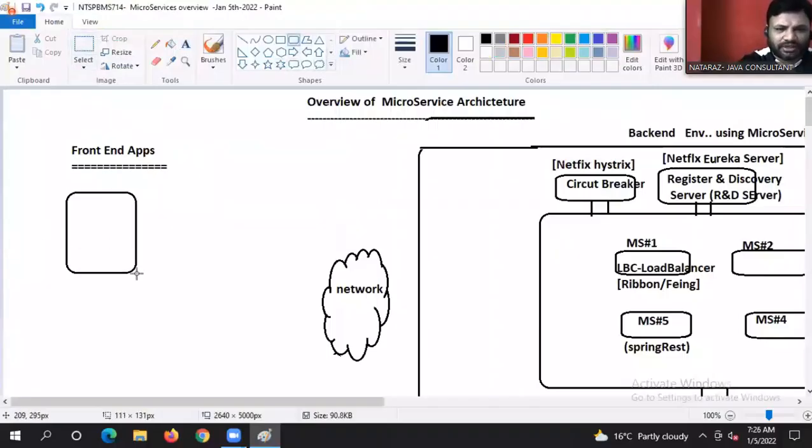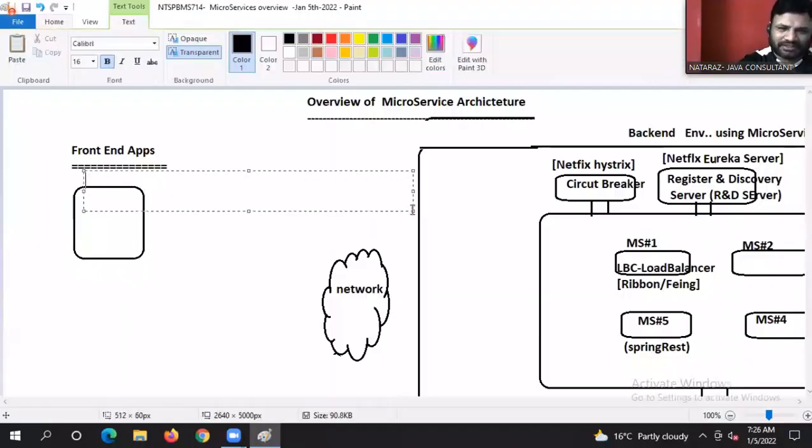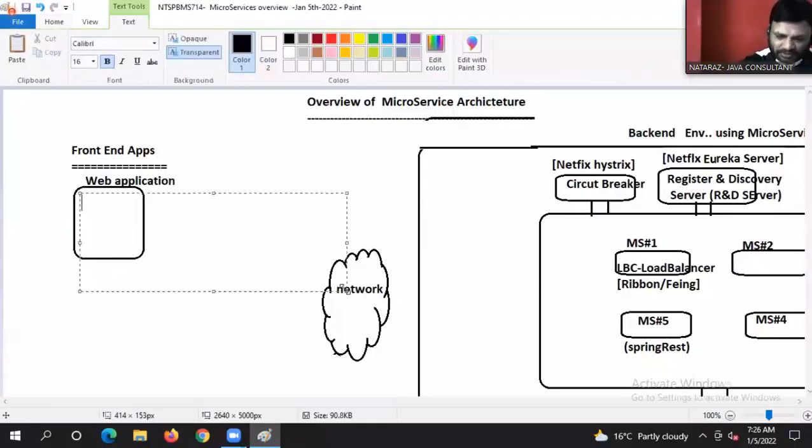So possibility number one: web application. What is the first possibility, guys? Spring Web MVC or Spring Boot Web MVC application.